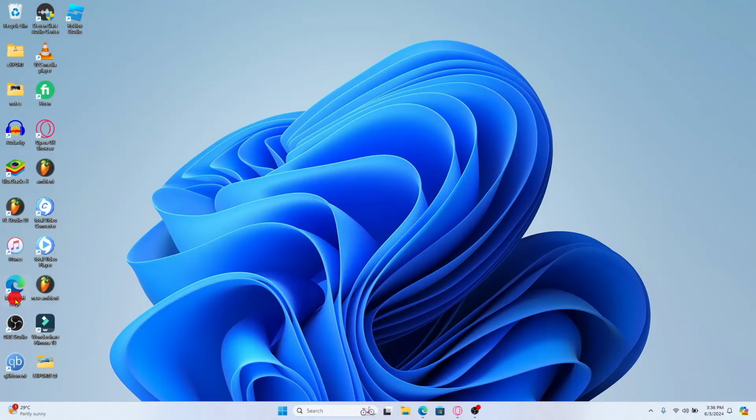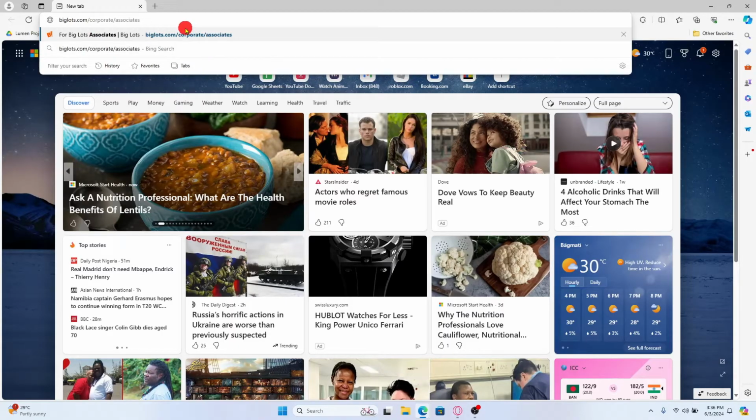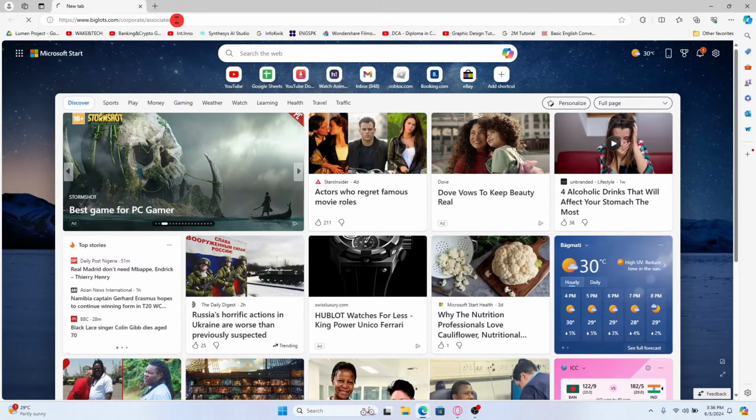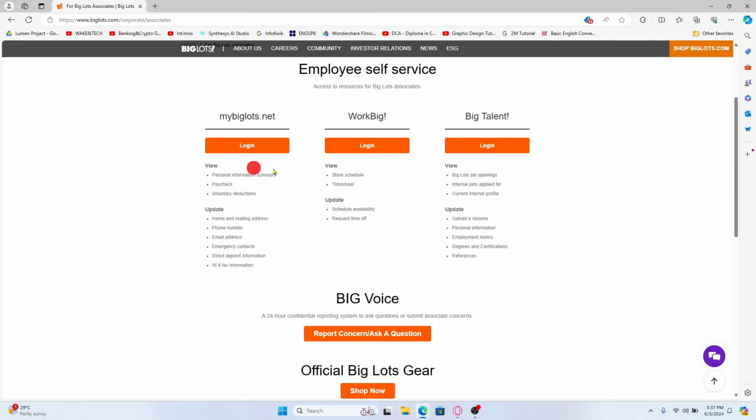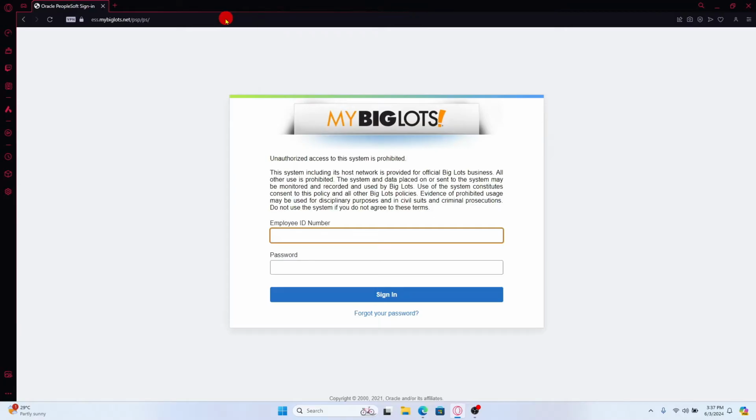First of all, open up your web browser and then in the address bar type in biglots.com/corporate/associates and press enter. You will now be taken into the Biglots employee self-service page. Now from this page, just click on your appropriate login portal and now you will be asked to enter your